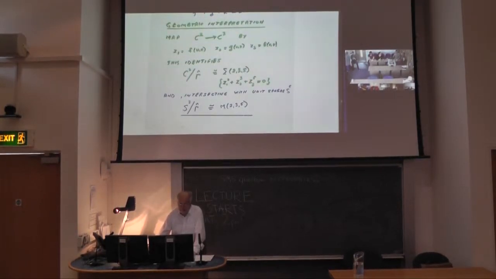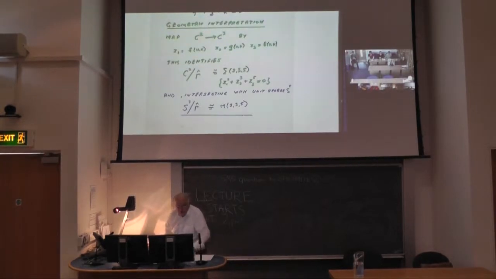The two sides are the same. The quotient of C2 by the group is the surface with exponents 2, 3, and 5 we wrote down. So that's the exact tie-up between that surface and the icosahedral group. Now, if you just intersect this with the boundary, then instead of having three spheres, you get the spheres, and